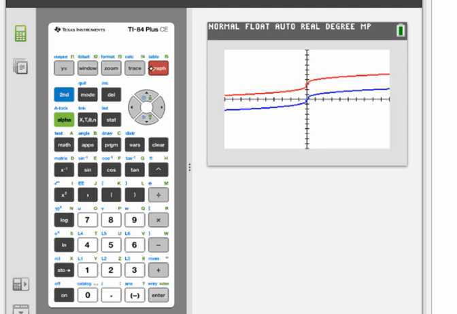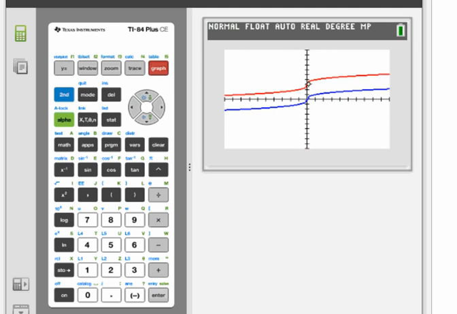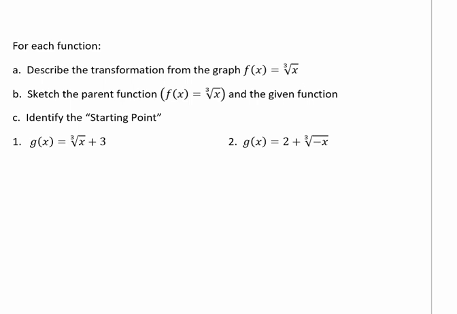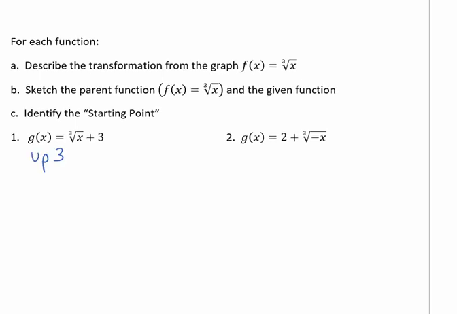So how do we see that changed? Well, it looks like it went up 3 units to a new starting spot of 0, 3. So let's go ahead and write that down, that we're saying that this went up 3. All right, and so we're going to go ahead and say that that went up 3, and now we're ready